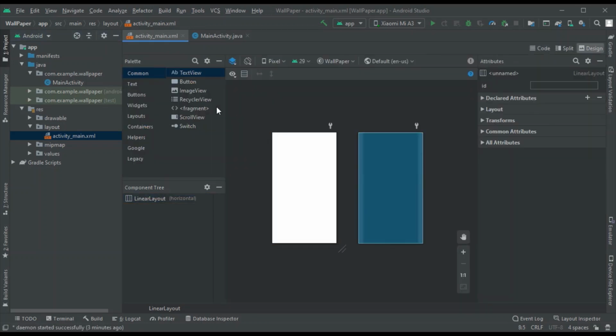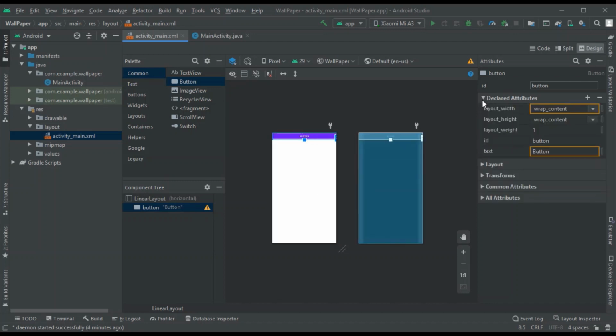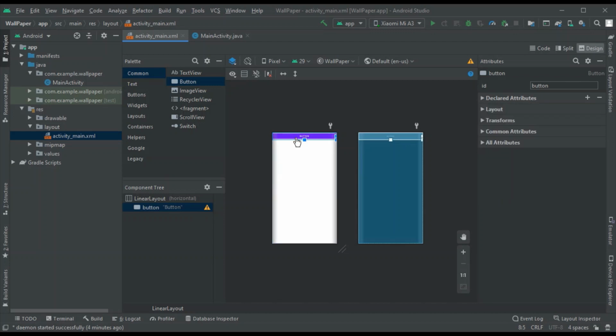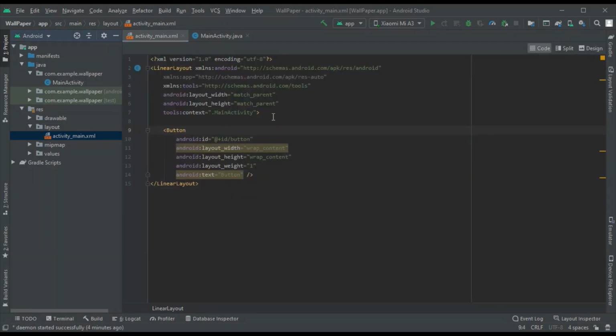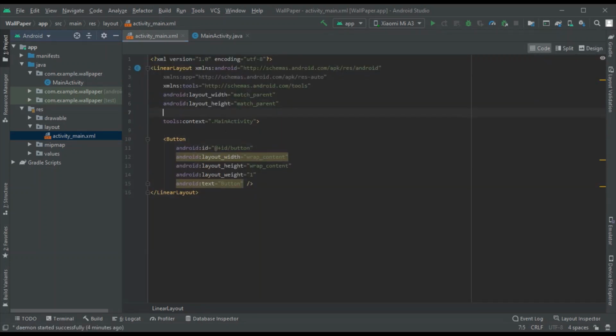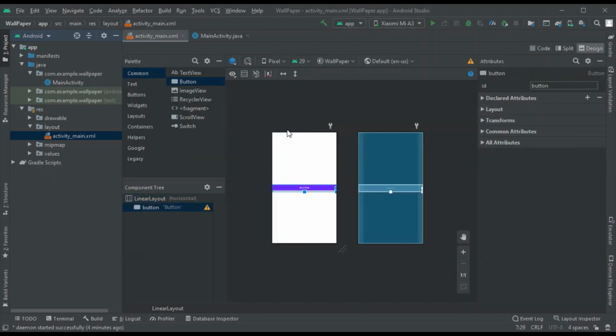Now I want this button to be placed over here, but this button has been placed on the top, so we cannot drag it over here or add any constraints in the declared attributes. So what we should do is go to the code, and in the linear layout there is something called gravity. If you add this android gravity and make it center, then in the design you can see the button has been arranged in the center.